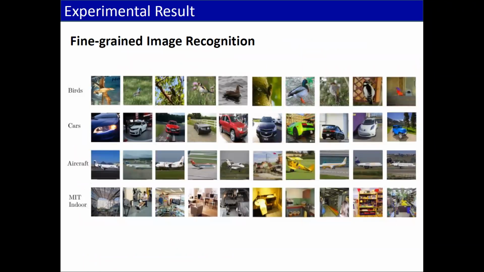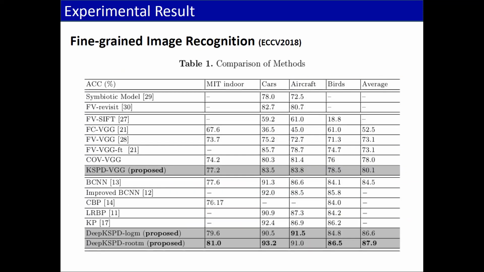Okay, now I would like to show the results. We apply the kernel idea in deep learning, and we learn them in an end-to-end manner. I would like to highlight that this result is from 2018, which is not the state of the art; we can obtain better performance now. But from this table, we can see that by putting the kernel matrix-based feature representation into deep neural networks and learning it in an end-to-end manner, we can obtain